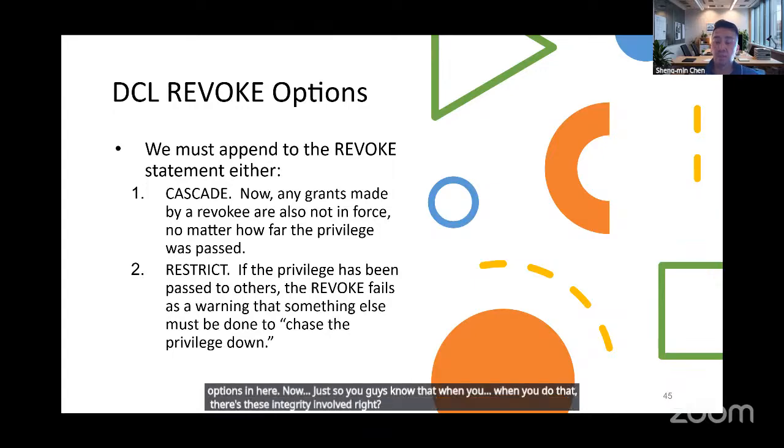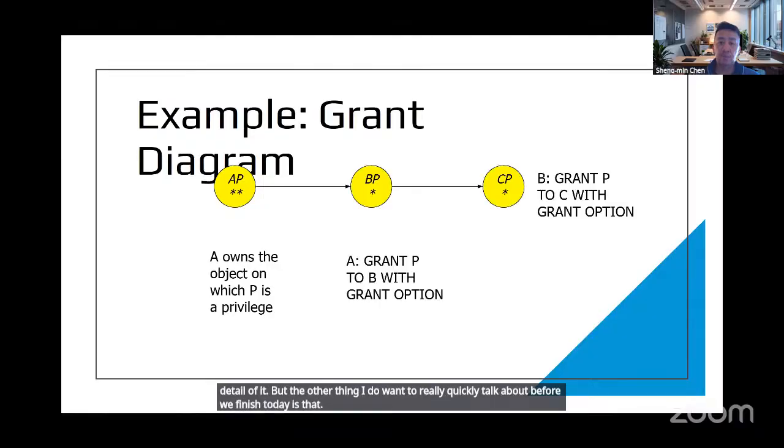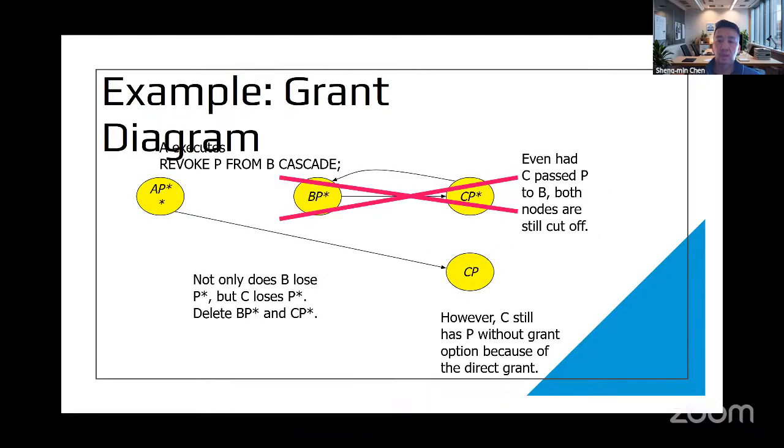I'm not going to get into most detail of it, but the other thing I do want to quickly talk about before we finish today is that not only is there integrity associated with grant and revoke in SQL, but